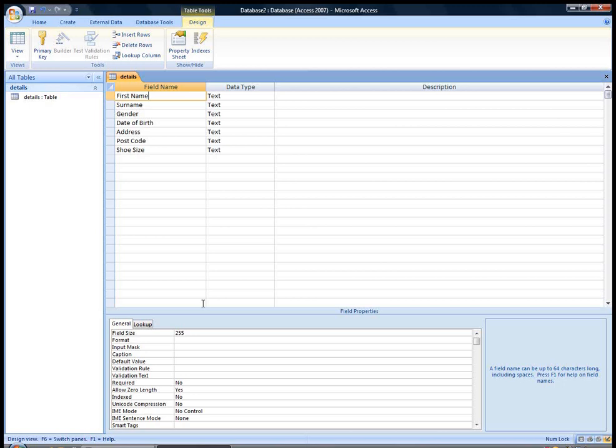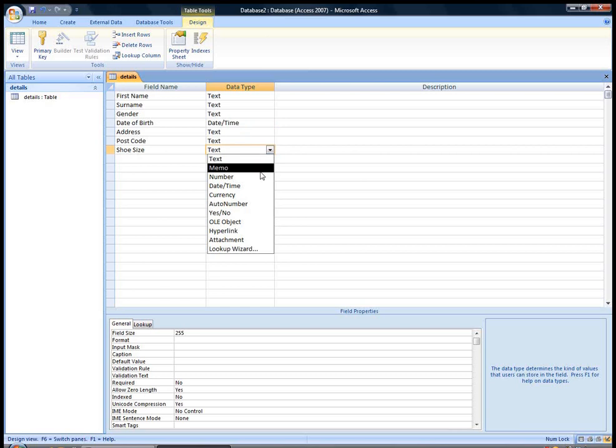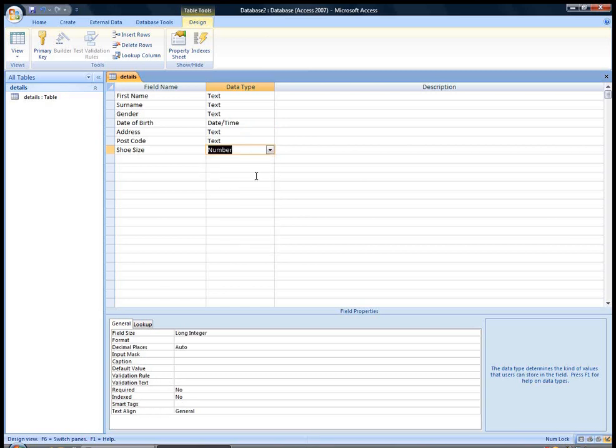Once you've set up the fields for your table in design view and have chosen in which format you wish that data to be presented, you are now ready to enter data into your table. However, each of these fields has its own properties associated with it, which you can see here at the bottom of the screen. Editing the properties of these fields helps us enter data into our tables more efficiently